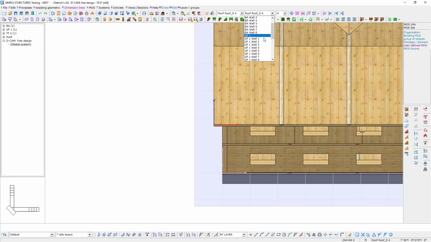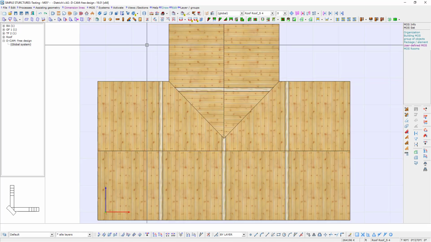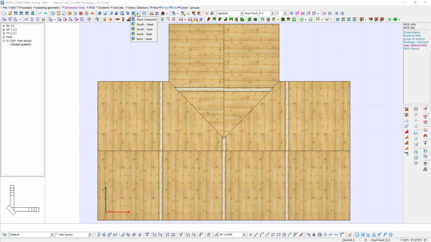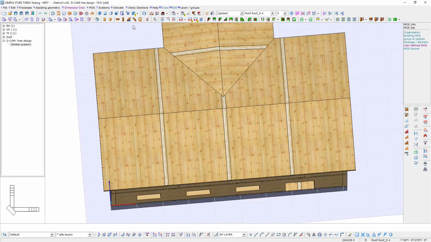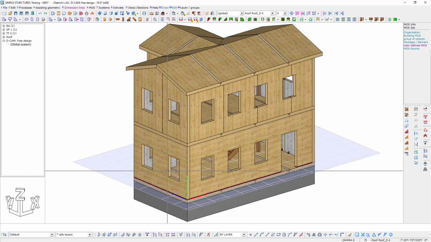wall. So I'm not going to go through each and every one of these, but I want us all to be aware that everything has a coordinate system. I'm going to go back into global 0 now, and I'll choose a southwest isometric view. Okay, and let's look at these objects now. I have CLT panels,